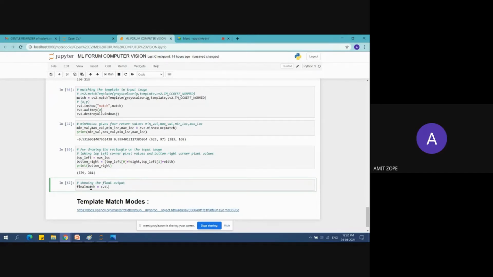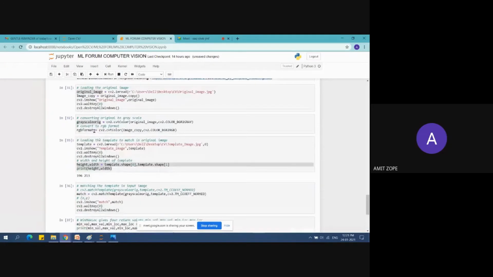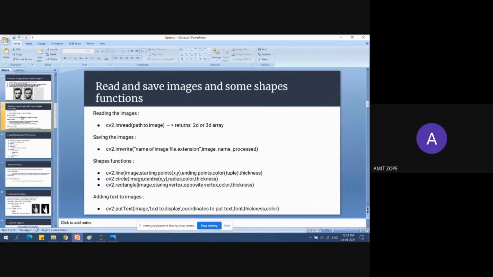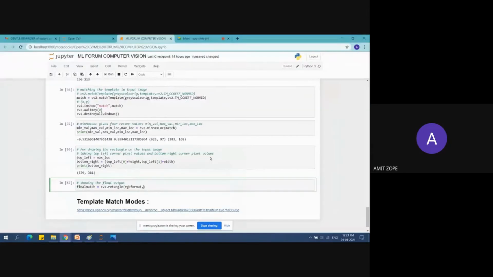For the rectangle, it is cv2 dot rectangle, and the image that you want to draw on is the RGB format image. So I will specify the RGB format image, and next, here you can see the starting vertex, opposite vertex, color, and the thickness.